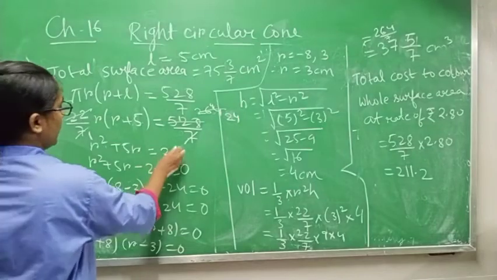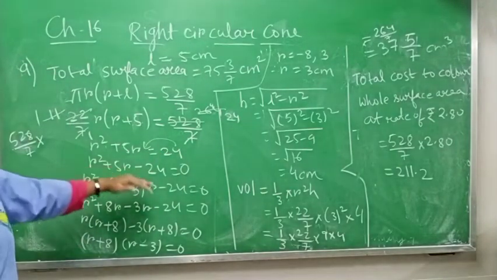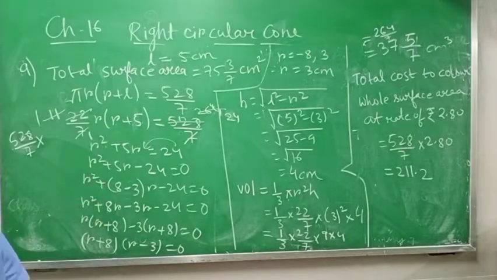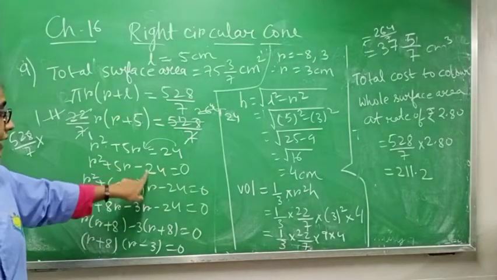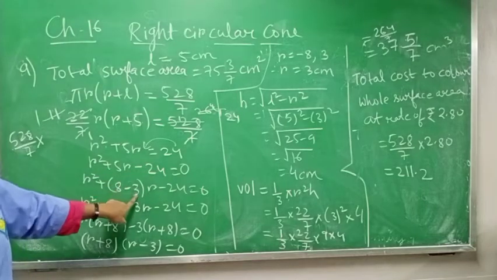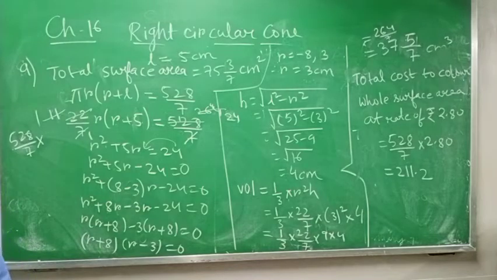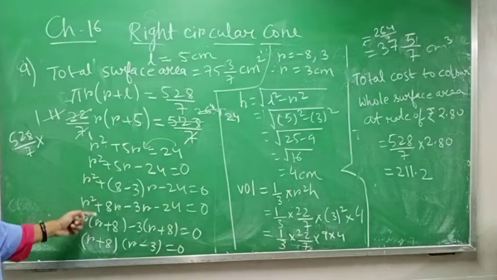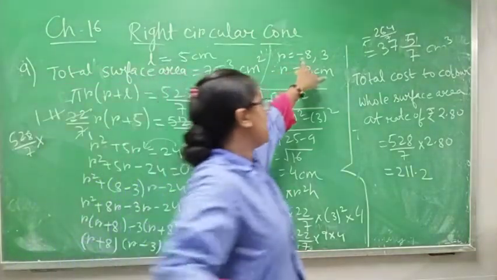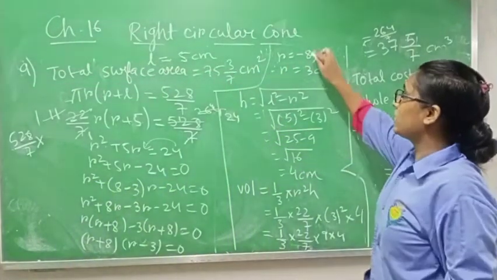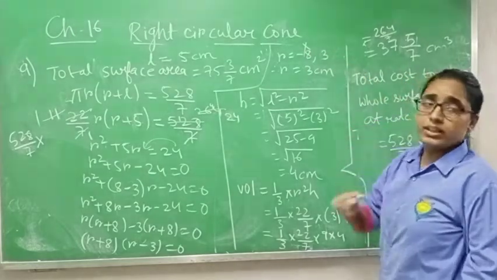Now plus 24 will come this side, it will become minus 24. You have to do a middle term factor, r square plus 5r minus 24. Means taking LCM, when I do 8 minus 3, I get 5, and 8 into 3 again I get 24. You know how to do middle term. Now after opening the bracket and getting r value minus 8 and 3, I will not be able to take minus because radius will never be minus.